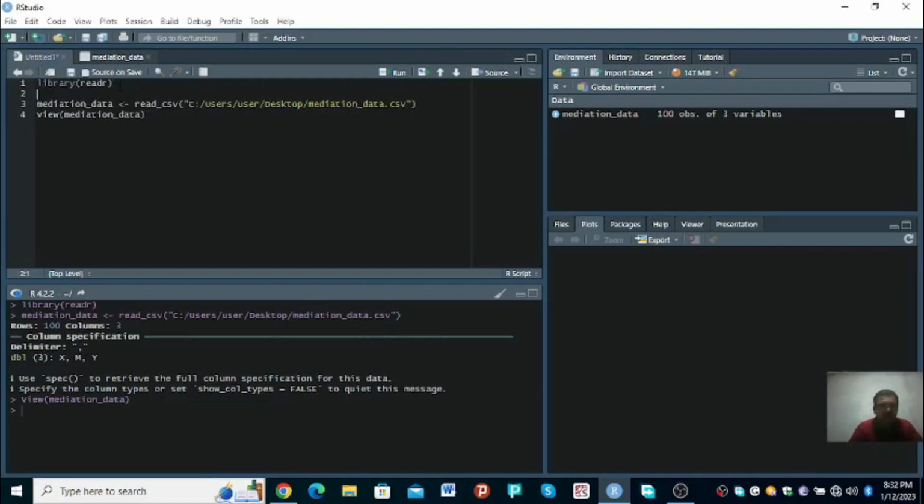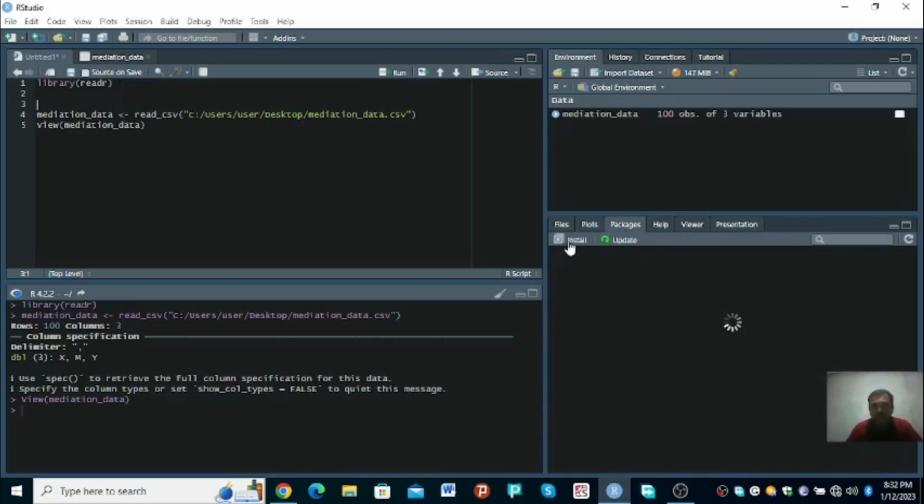Also, I had told you before that all the libraries have to be downloaded once, which can be done from here, from Packages, and Install. You can install any library once, and then you just have to call it. So let me call the other libraries which we are going to use in this particular mediation model. In this mediation model, I am going to talk about the Sobel test, which is calculation of indirect effect. So another library which we are going to use,